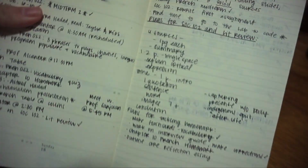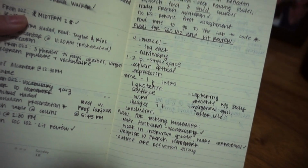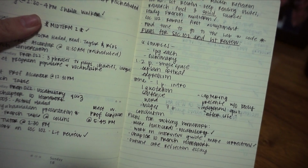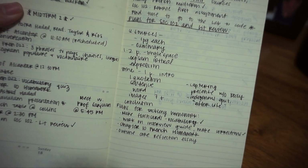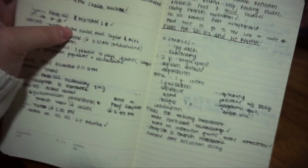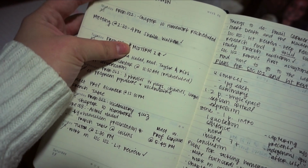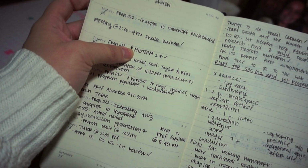And then here's an example too of sometimes I would just use this where I just needed a planning section. So I needed a planning section for writing one specific part of my paper. And I would just outline this whole thing that I needed to do. And then another thing is that at the very top of each day, like for example, I had the midterm this